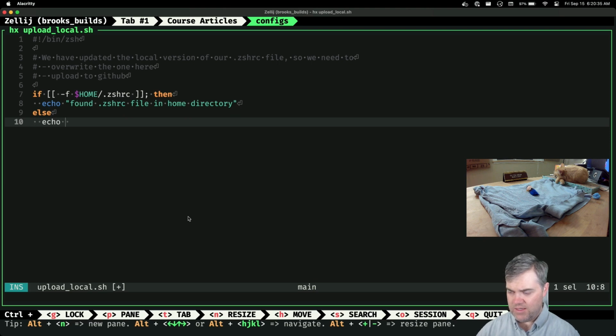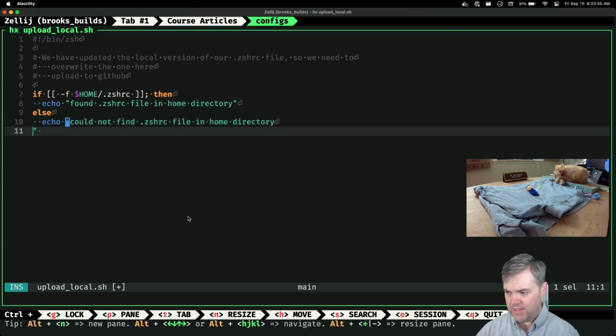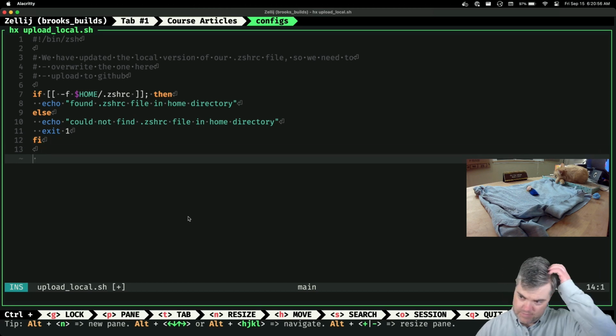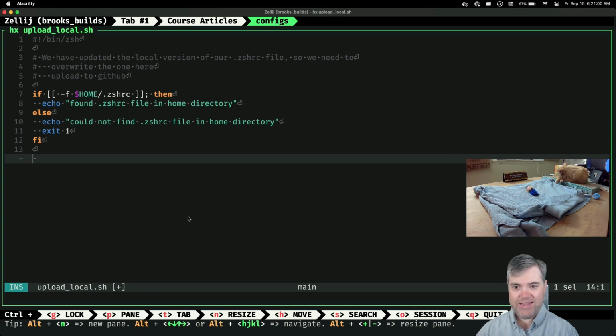Otherwise, we're going to echo could not find CSHRC file in home directory, and exit, we'll just exit with a non-zero. All right, so we verified that the file exists.